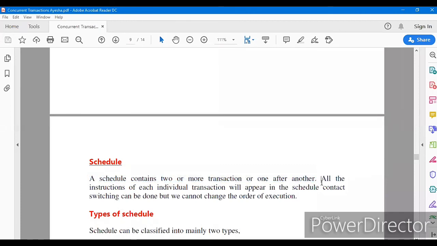All the instructions of each individual transaction will appear in the schedule. Context switching can be done, but we cannot change the order of the execution. If we were going shortest job first, then the processor would have the right to swap the transactions. For example, there are two students. The first came with a problem which needed a 4 hour discussion.